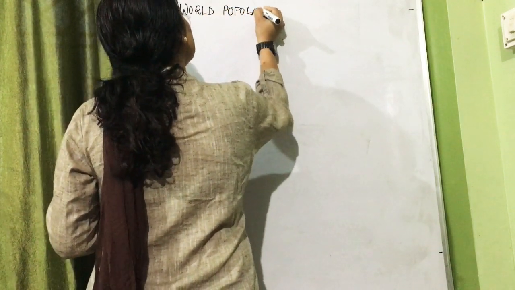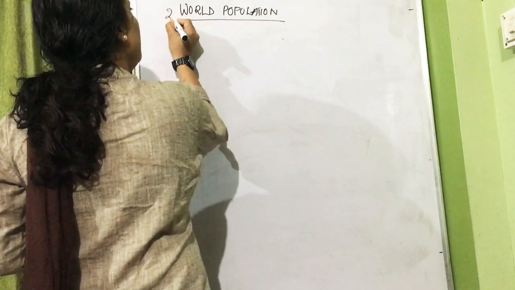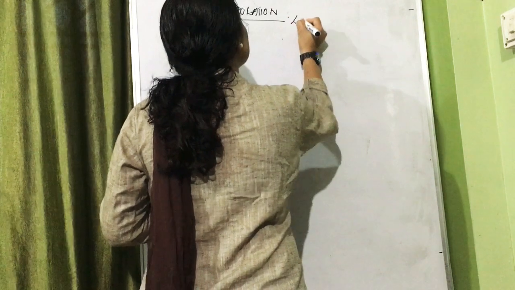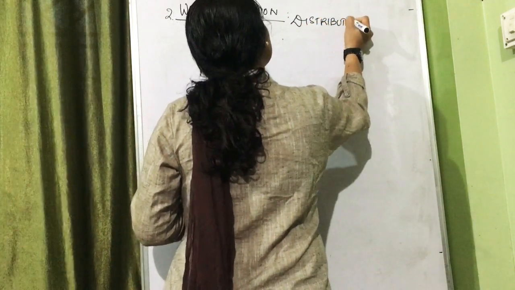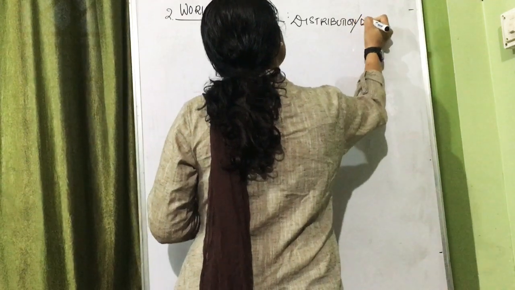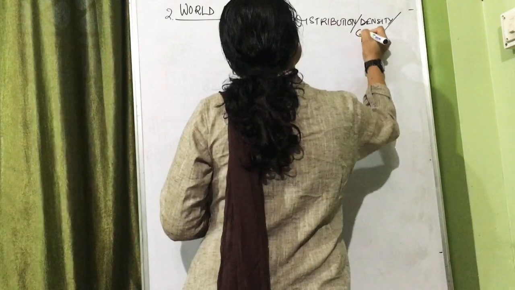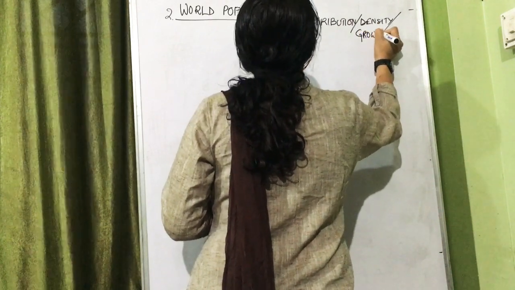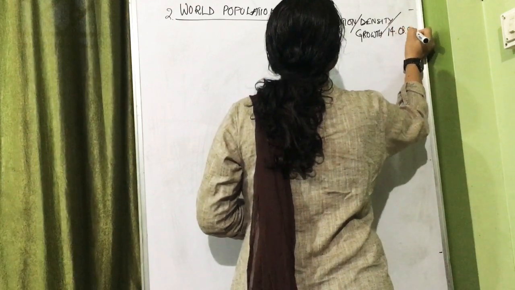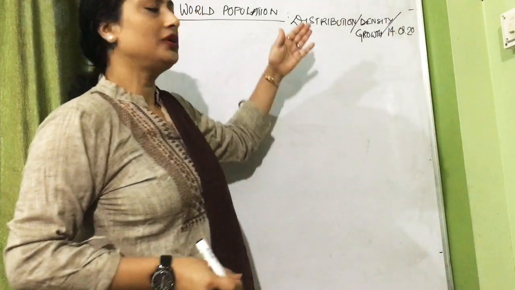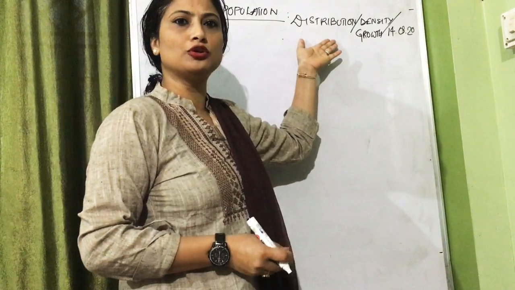World Population, that is chapter 2: Distribution, Density and Growth. Today is 14/03/20. So already we discussed the first topic, which was the distribution of population over